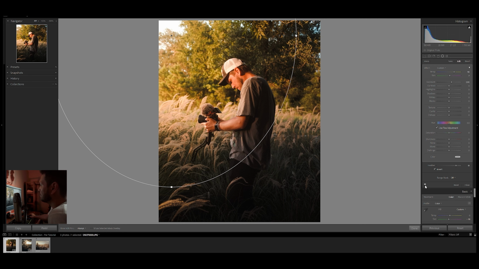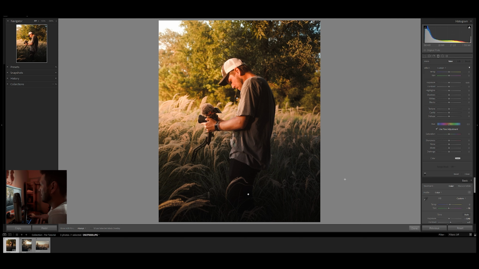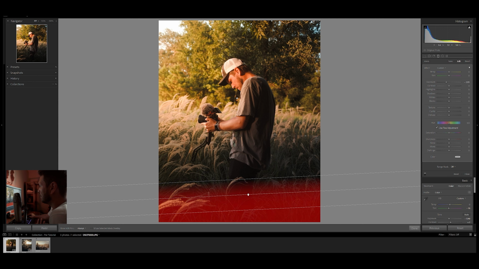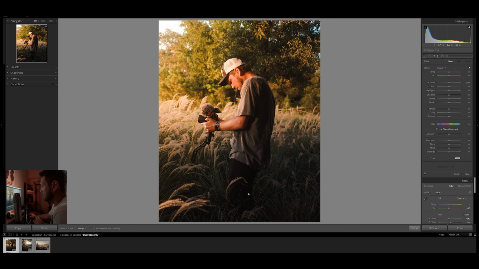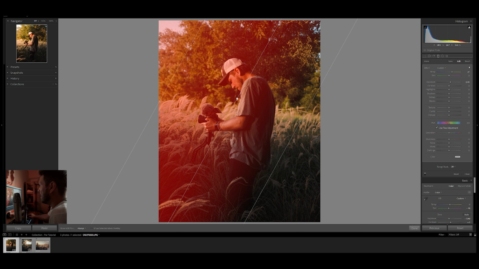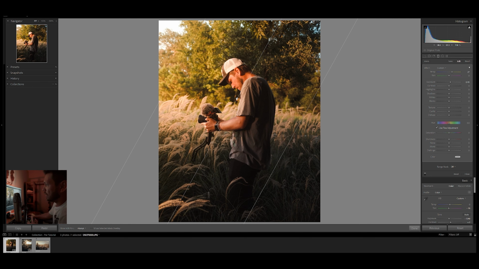See, you know what? I think that's pretty good. I'm gonna keep it right there. So now we're gonna go with the graduated filter. See, I already have one right here, which I'm just gonna delete. And then I have this one right here that I had added for adding more warmth, because if I take it off, you see how I already had something going on. But I wanted to show you that you can do that with the